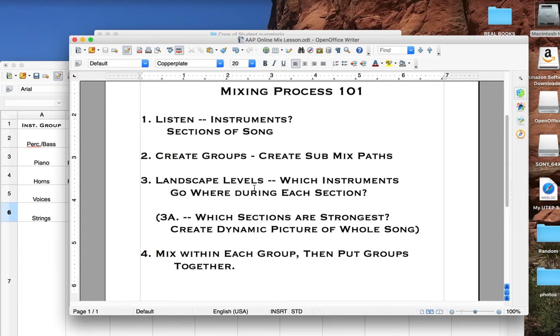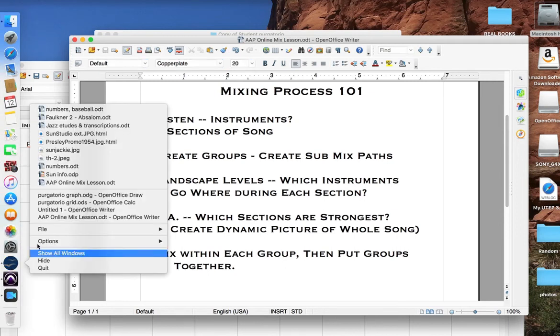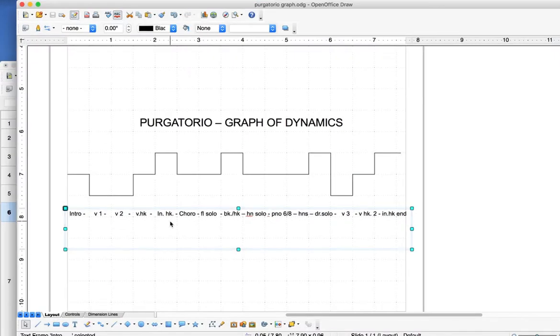And we just heard the song, so which sections of the song really do we want to bring out more? And in this song, of course, the dynamic range is not wide. It's just pretty much a strong tune. But I made a little map of my dynamics,